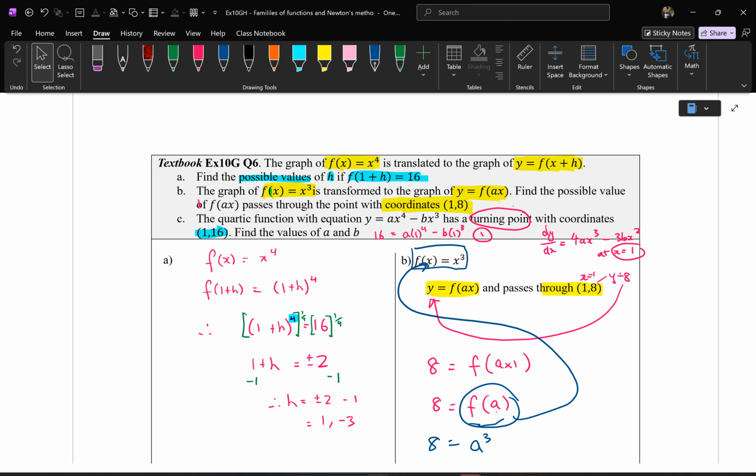Last exercise we've got for chapter 10 is next week, Newton's method. All right, so Newton's method is next week. Make sure